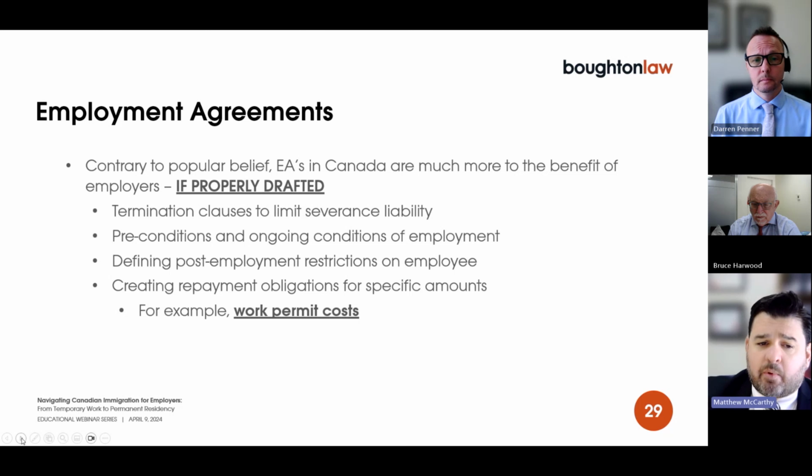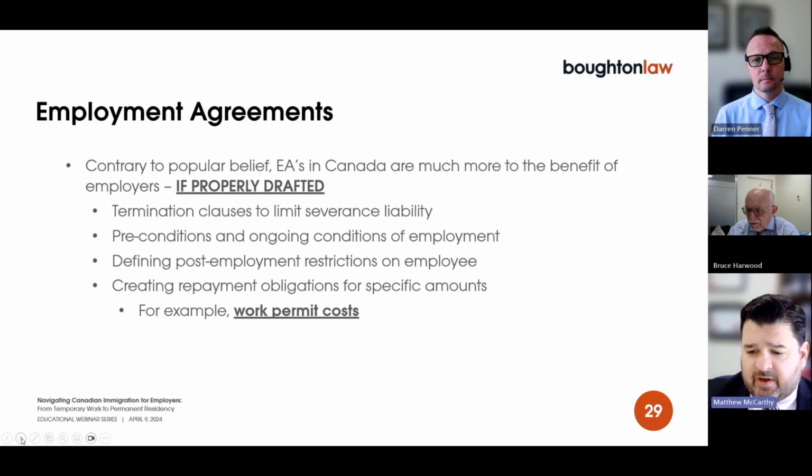Sometimes you want to put in post-employment restrictions on an employee. So it could be something as simple as maintaining the confidentiality of your information or property. It could be relating to intellectual property, or it could be related even in some cases to things like non-competes and non-solicitation agreements. Those can be difficult to enforce, but on certain types of employees, they can be enforceable and they can be a good idea to put in contracts.